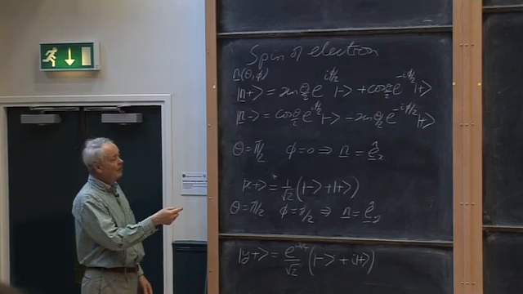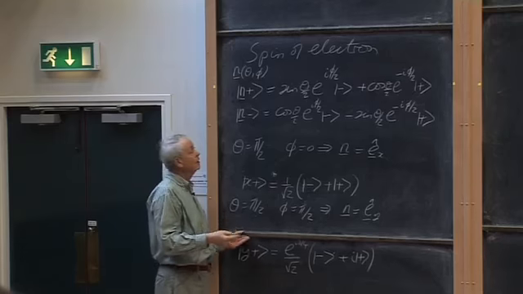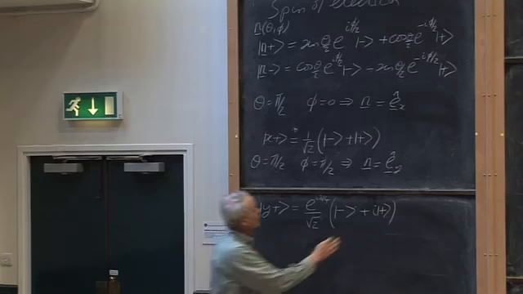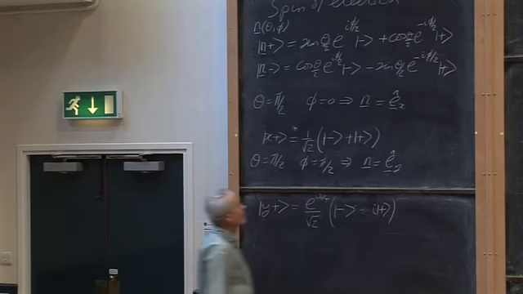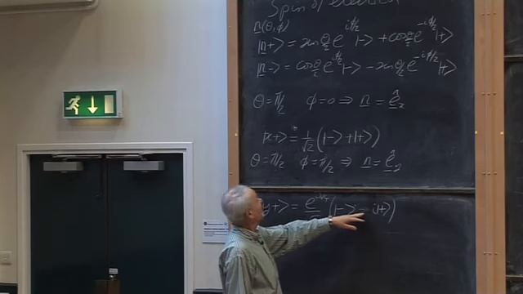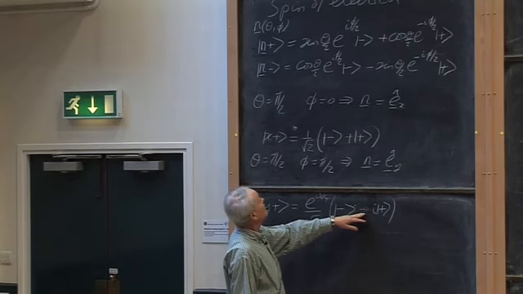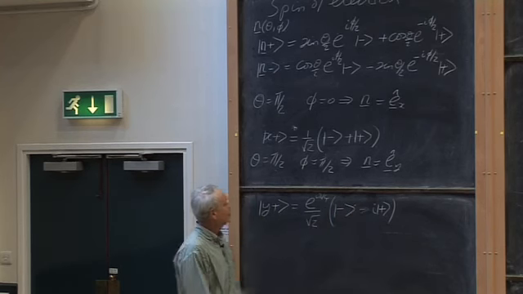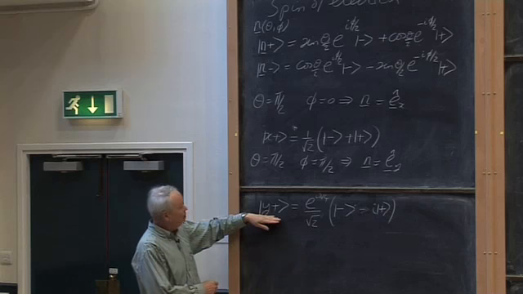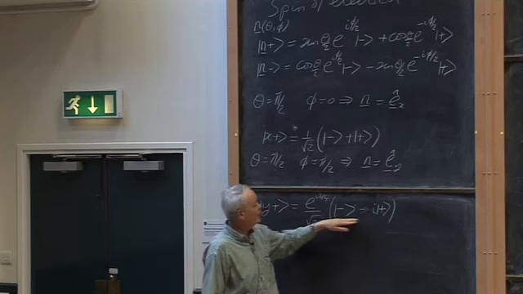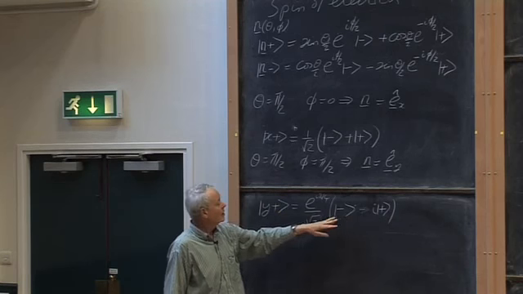e to the minus i pi upon 2, which is actually minus i. I'm slightly worried by this, but never mind. The sign is of no importance. I thought it was a plus i, but it is looking like minus i at the moment, so maybe it is minus i. It's of no importance. What matters is that this state, which is physically quite distinct from this state, is also a linear combination of these two, and the